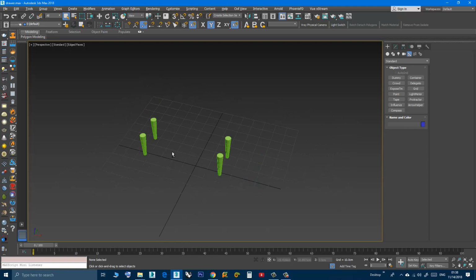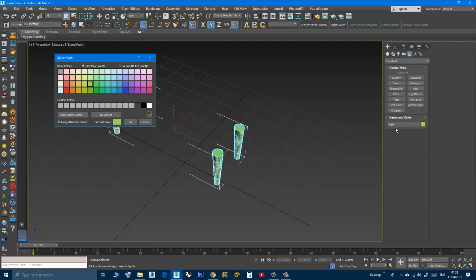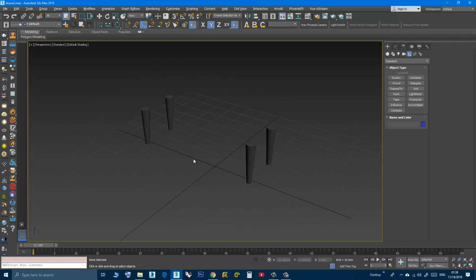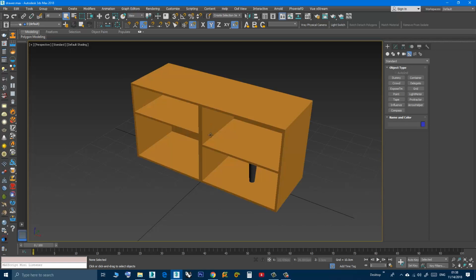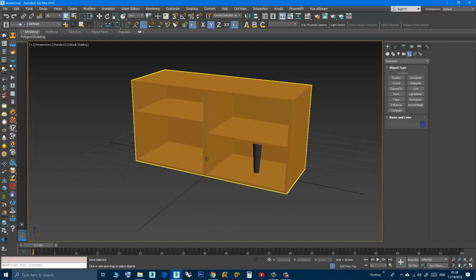Ctrl S, save. Now I will select them all and also create a group, call it legs, and give it like a dark color. Right click, unhide all, F3. Okay, now